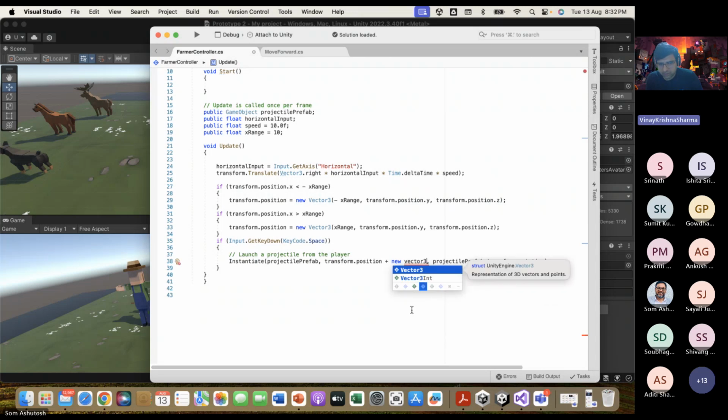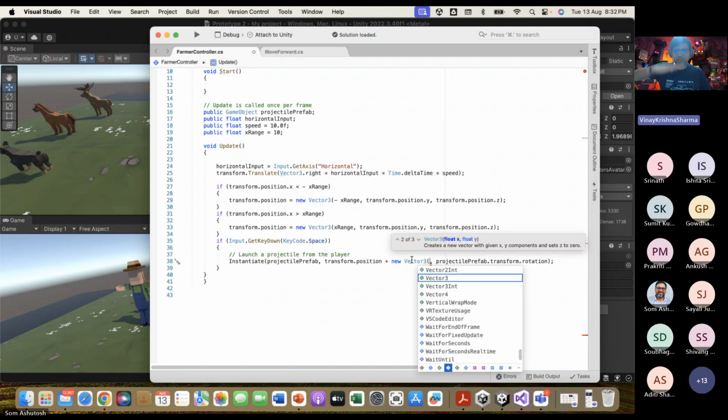Yeah, it's showing. No, just tab. If you press tab, it will take the suggestion. In the bracket, write 0 for the x, because we don't want to change the x. My x should always be at the center of my player. But y we need to make it up. So put 0, comma